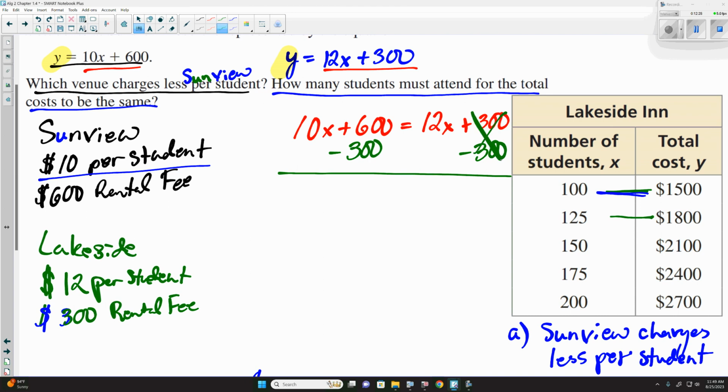300 minus 300 is 0. Here we still have the 10x. So now we have plus 300 is equal to 12x, because our 600 minus 300 is 300. And again, the first thing we want to do in solving for x is to get the variables on one side and everything else on the other with these multi-step equations. Then the next thing we'll do is